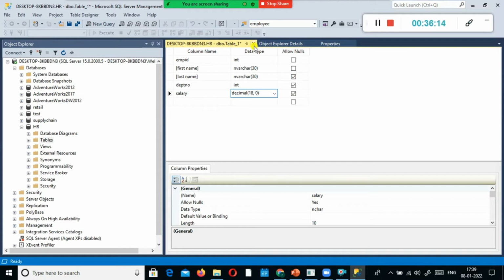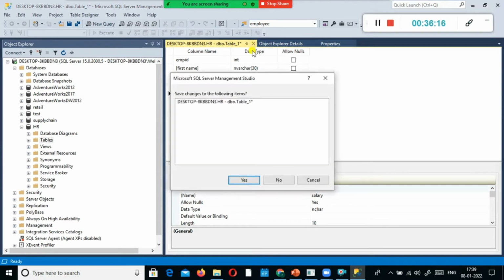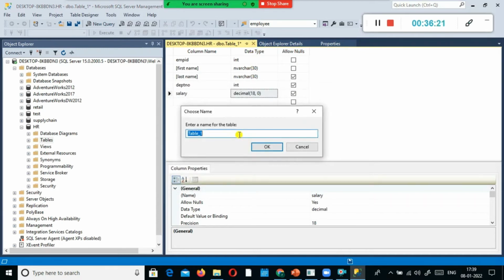So now what I do is I'm going to select close, Control plus F4, and if I say yes, now it will ask you the table name. Unlike other RDBMS, once you define all the column names that are required as part of your table, at the end of it, when you close it, it will ask you the table name. So here I say employee. The table name is employee. I just click OK here.